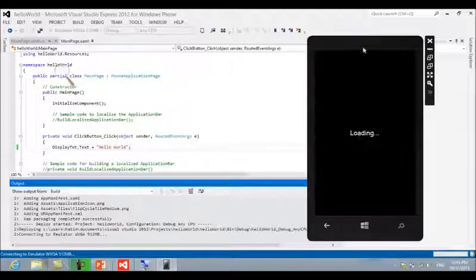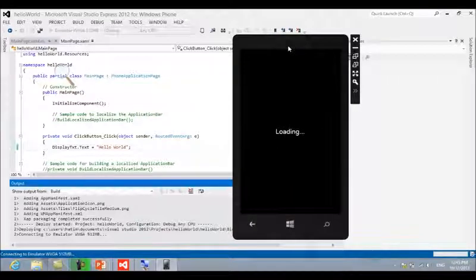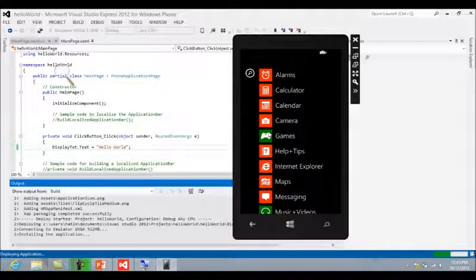Once it boots up, I think in the first session we covered how the emulator works and what is involved in the emulator, so that it does not create any problems when emulating things like the accelerometer and maps. So let's start with this. It is first connecting to the emulator. It takes hardly 2 minutes, so it has been loaded up. Next, our application will be deployed over here. You can see the status in the status bar, that is deploying your application.